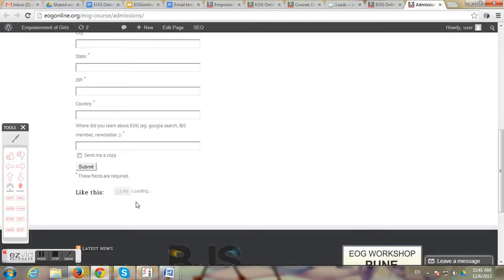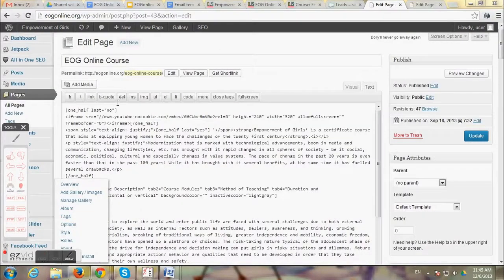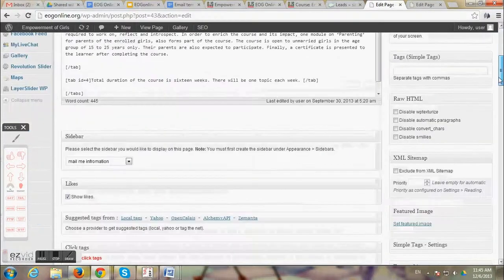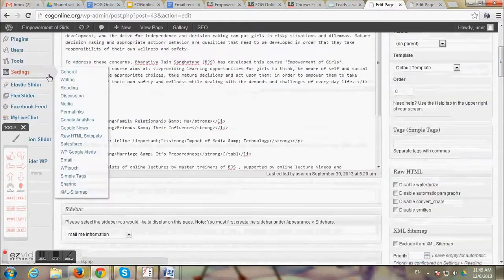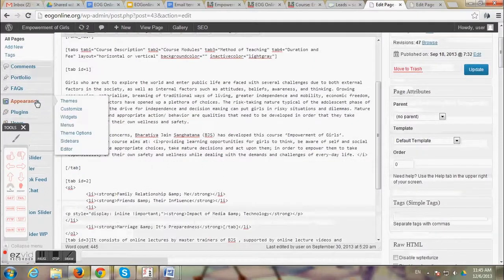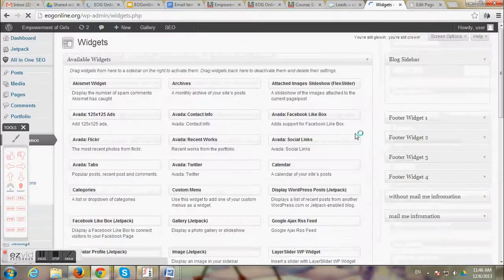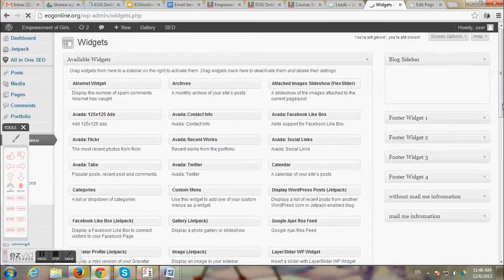First I'll talk about the mail me information form, the short form. The form usually appears like I have placed it on the sidebar of all the pages. Under the appearance, you can go into widgets and see the sidebar. The login information has been provided both in the document and email. So here we have the widgets, and you can see